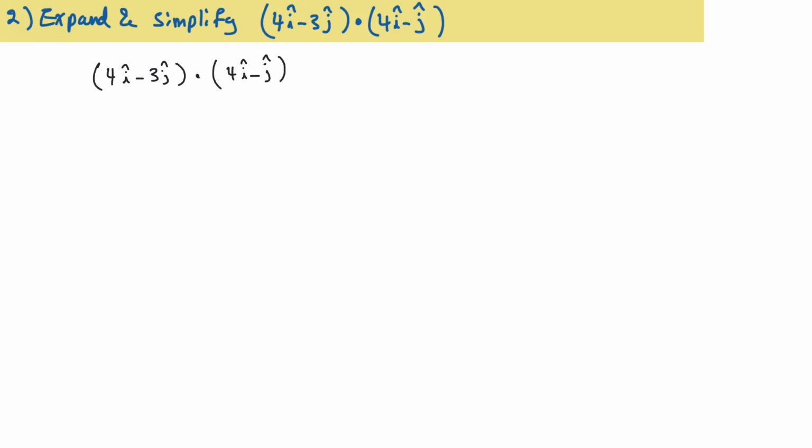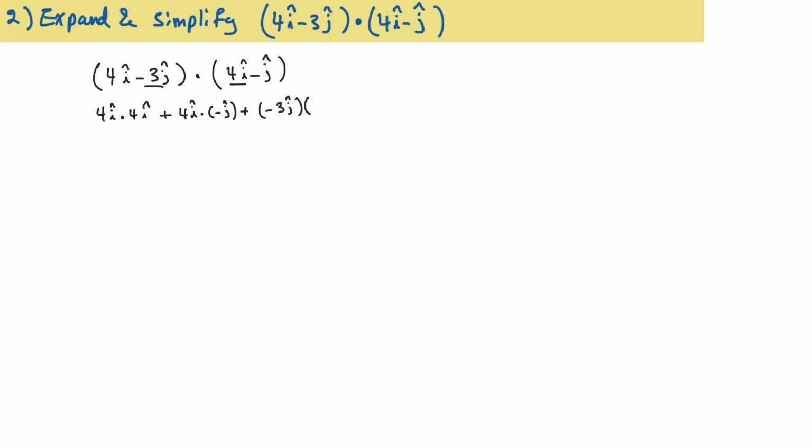Okay, I am going to multiply 4i times 4i, or take the dot product of the two, and then the next term is going to be plus 4i dotted by negative j, and I'm going to add that to, now I'm doing these ones, negative